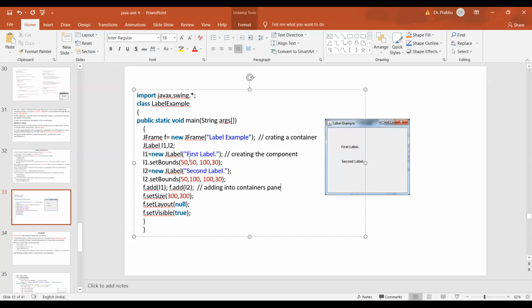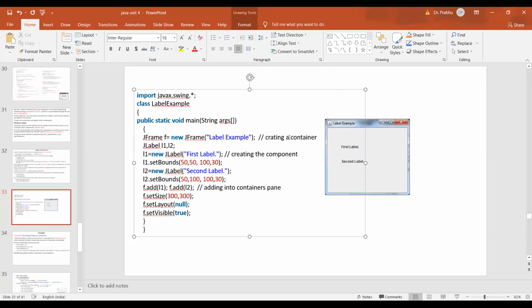In any Swing program, you can observe these two things only: containers and components. How you are dealing with those containers and components is what is important. If you want to assign many things, you can assign the values, but those are all optional, based on the problem. If you want to give color, you can. If you want to set the size, you can. That's based on your requirement.